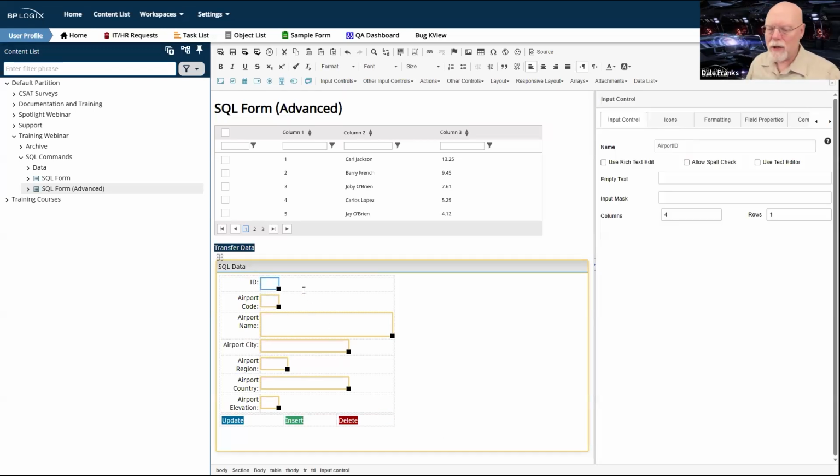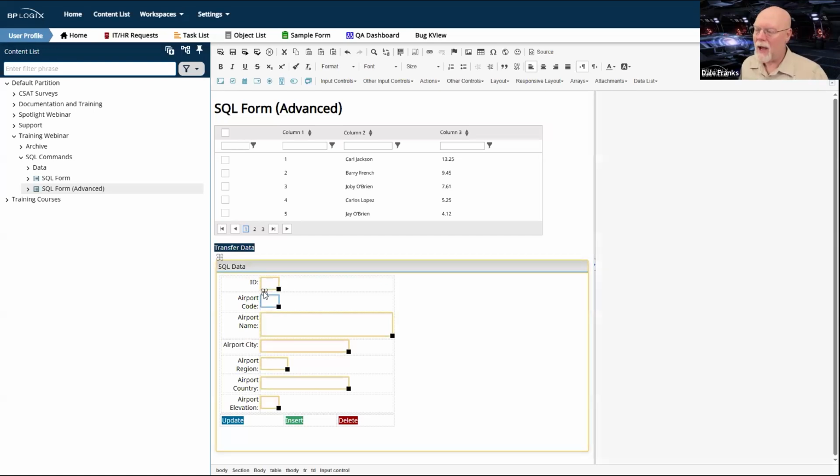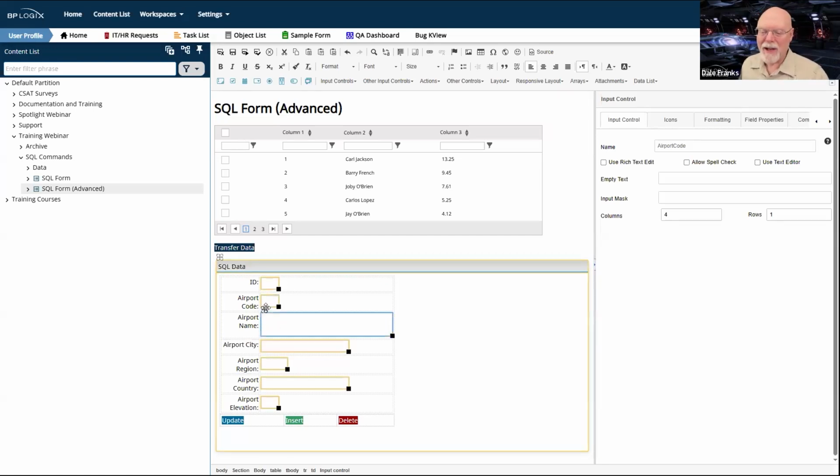So we're going to need to use system variables for all of these form field names, which means I'm going to need to do a lot of back and forth on this because I don't think I have all of these memorized, although I think I named them as we look through them: airport country and airport elevation. I think I have them logically named, so it should be relatively easy for me to write my SQL statement.